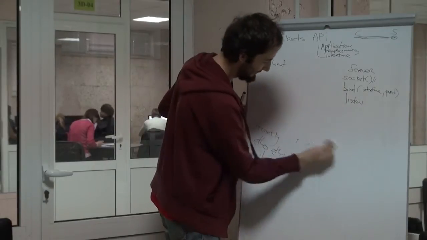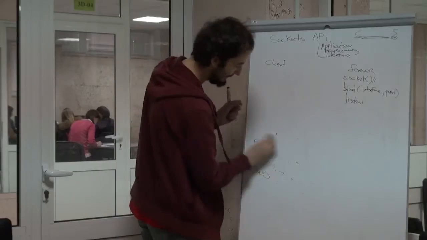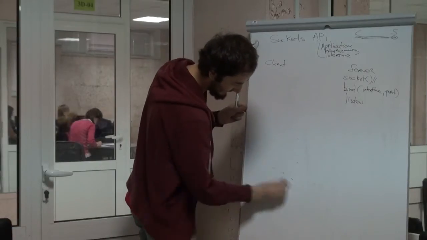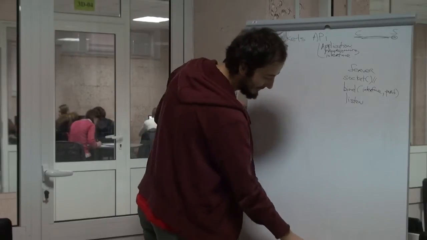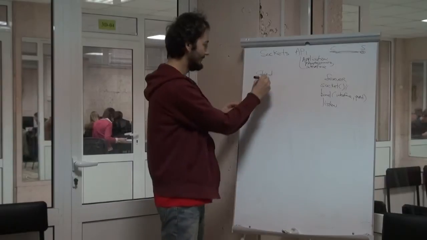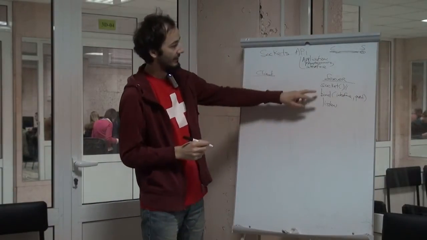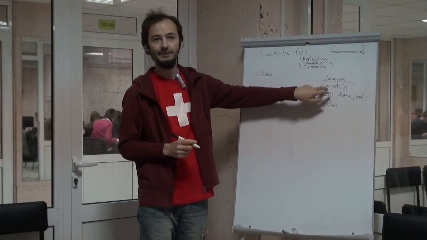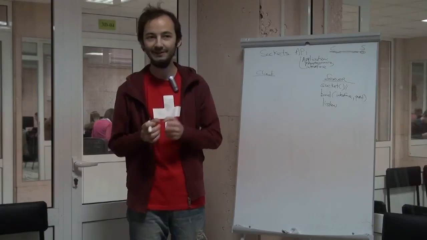Maybe you went for a walk and you thought about what I told you previously, and you want some clarifications. Let's get back to what happens on the client and the server in the sockets API. So you first call the constructor, telling your system that I want you to make a new socket and give it to me.